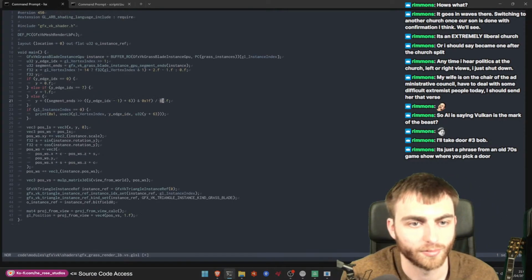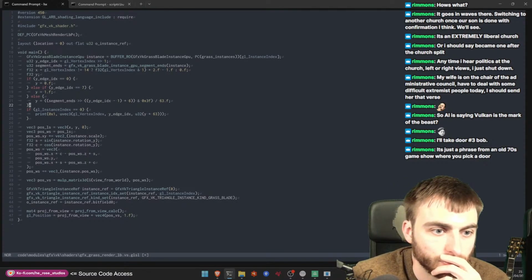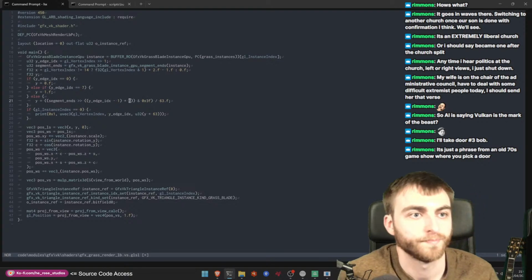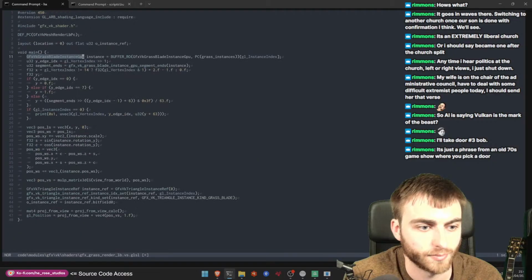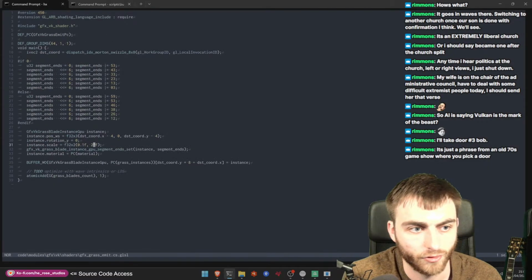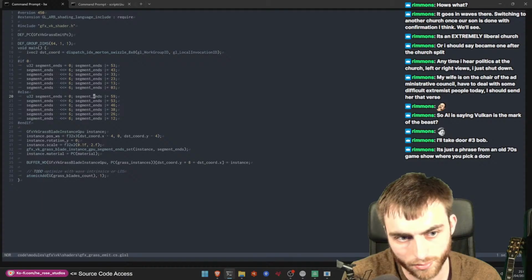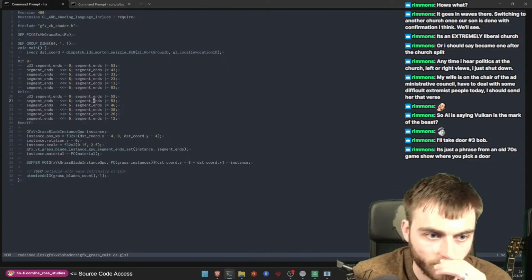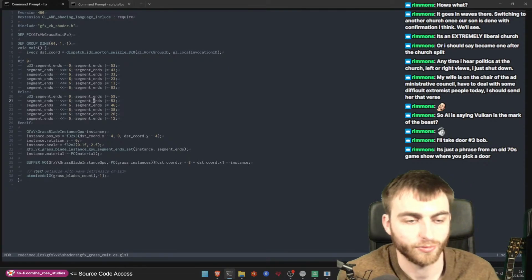So it's 6 bits. Is it the wrong way round? So yeah, that's a complete wrong way around. No, because they get shifted up. Shifted. Yeah, so we should be seeing